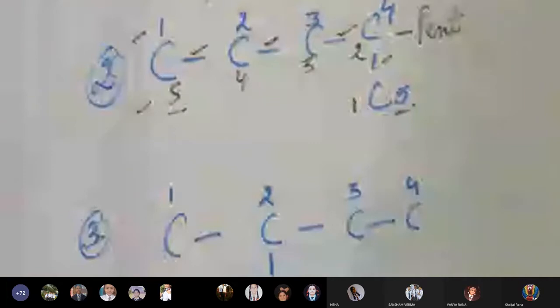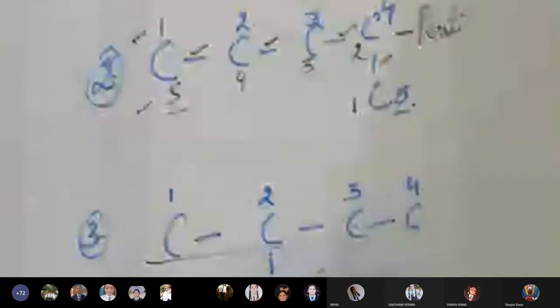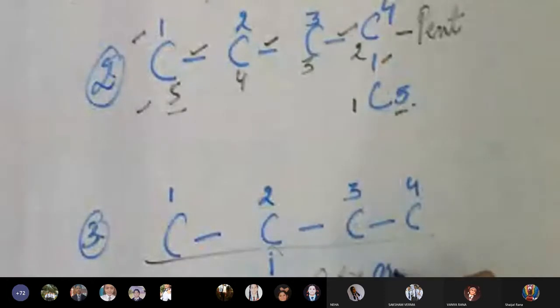Now here, just understand, when I move in this line, then this is an extra group. So it does not come under the longest chain which I was numbering. Why? If I have to move here now, then from here I cannot go to here. Now it is 4. I cannot jump to this carbon. So I have to leave this carbon. It is out of my line now. Okay. So for these extra groups, I will tell you later what they are called. It is related to prefixes now.